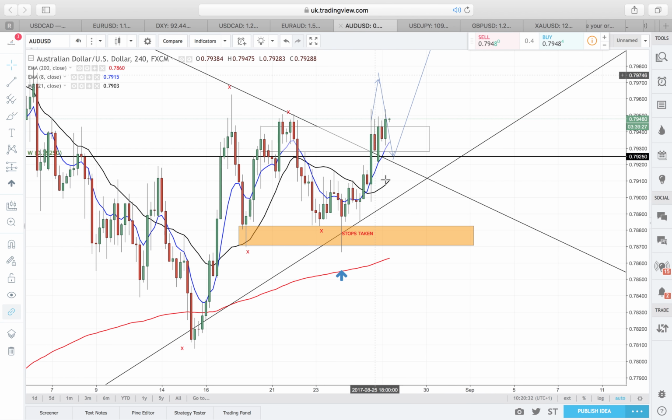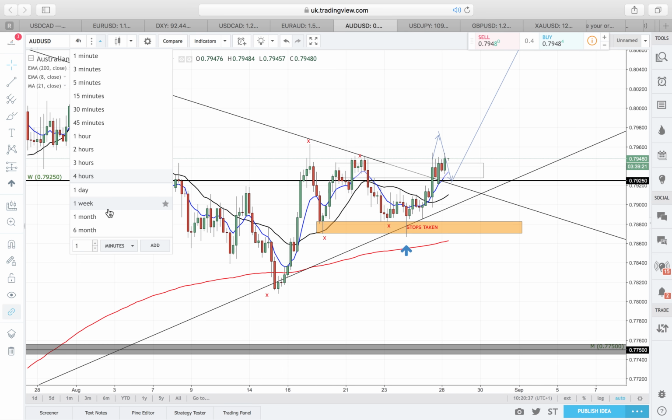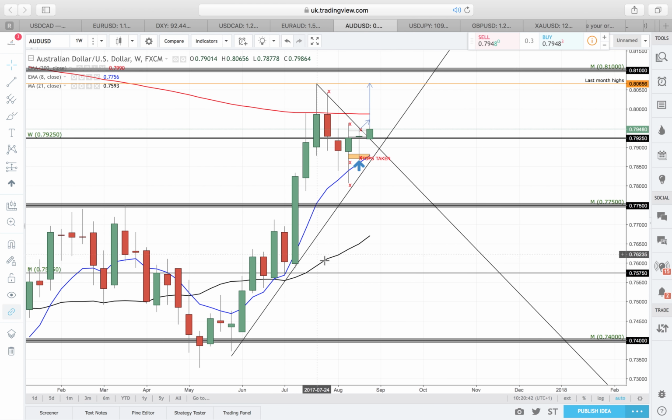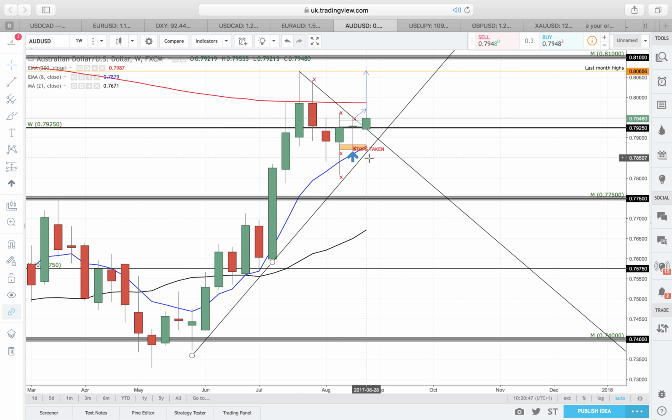Okay, AUD, this one, I am bullish AUD. On the weekly, what we see is a break of this, you can say it's a bit of a triangle. We see the market break 0.79250, which the market struggled to do properly for about three weeks in a row. Sorry, this is actually this week's candle. You see last week's candle broke over 0.79250, even though it was a doji. We see a lot of rejection to the bottom, sort of hammers.